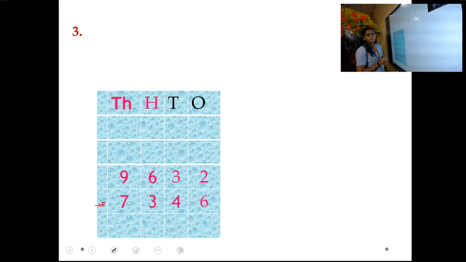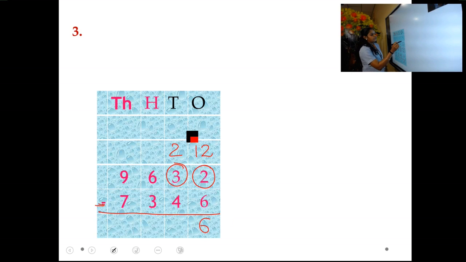Here 2 is smaller. The top number is smaller. So subtraction not possible. So you have to move to the next place and borrow a number. So this 2 became 12. And this 3 became 1 down, 2. Okay. So 12 minus 6. Backward counting. 12 minus 6 in hand. 12 before, 11, 10, 9, 8, 7, 6. Write down here.